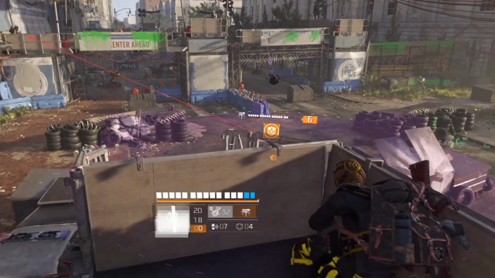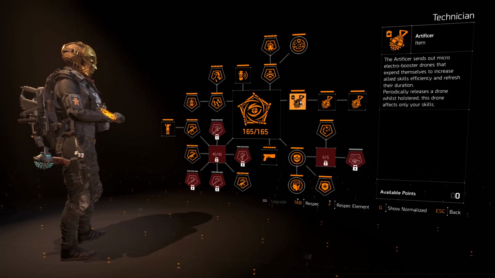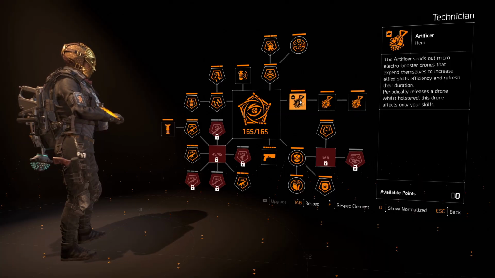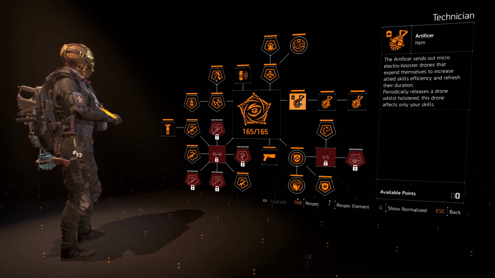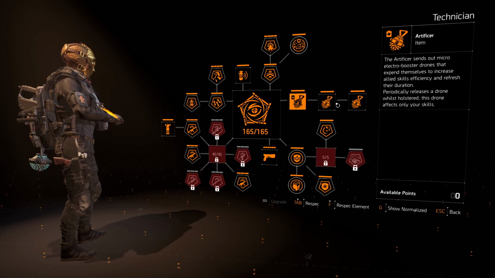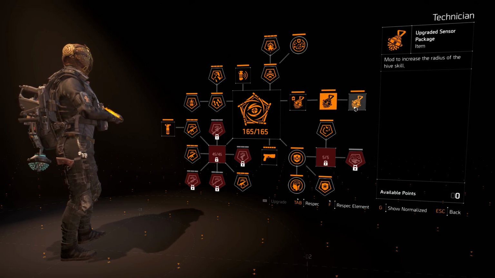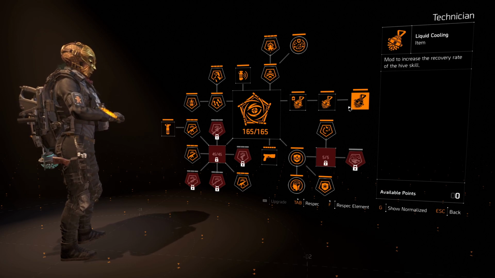You can stack this by putting repair skills on your mods or your set bonuses. Repair skills will buff the amount that this heals your skills. It is really powerful, so I absolutely recommend you make sure you try this skill. If you're new or even a veteran player and you haven't used it before, it is one of my favorite